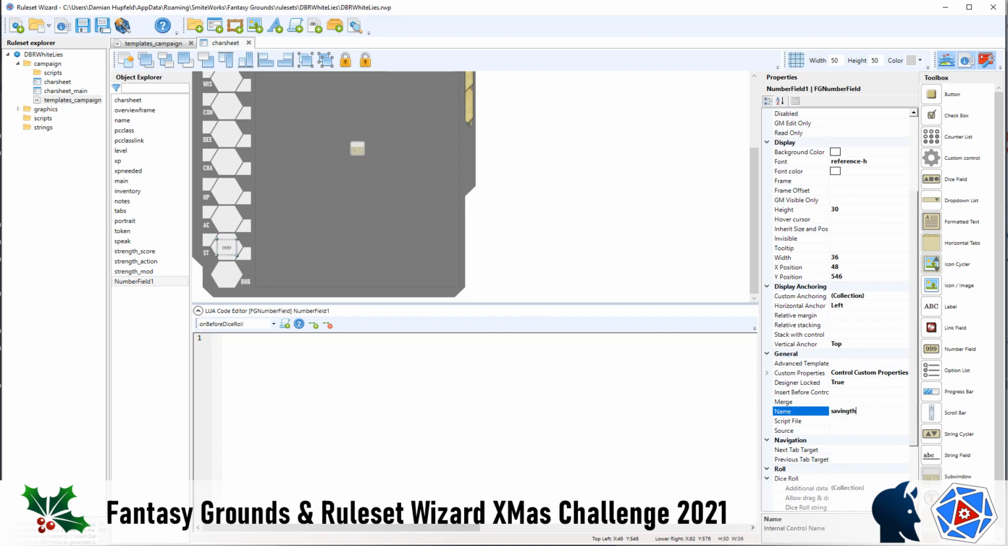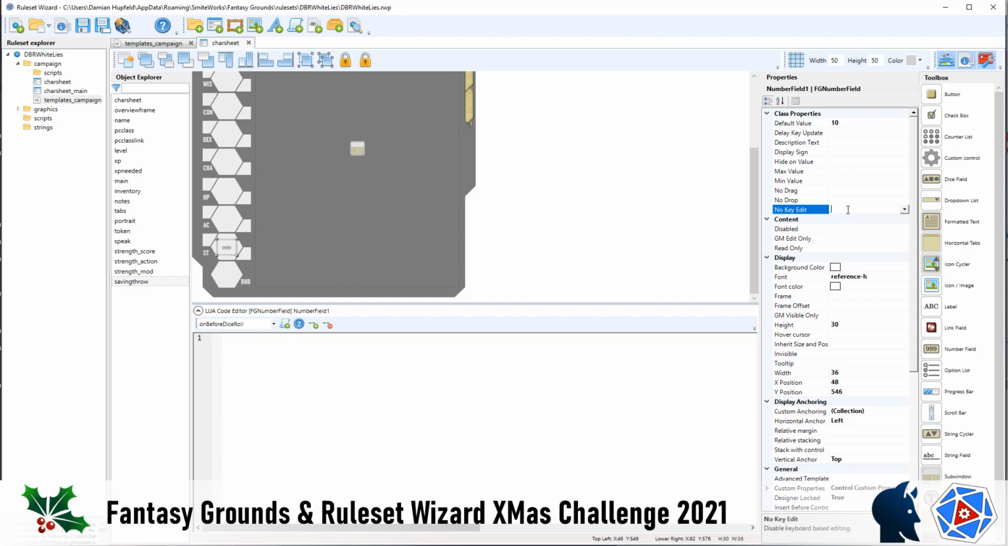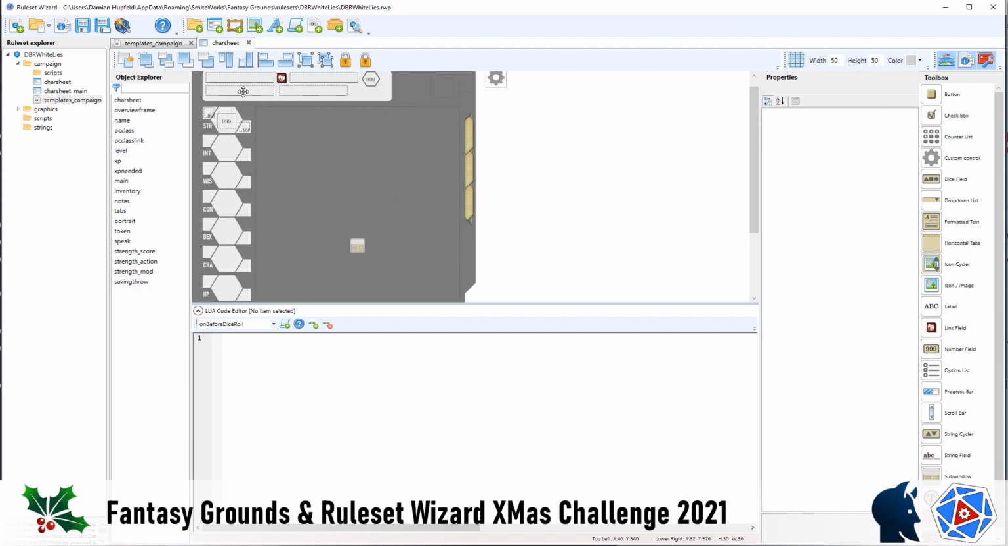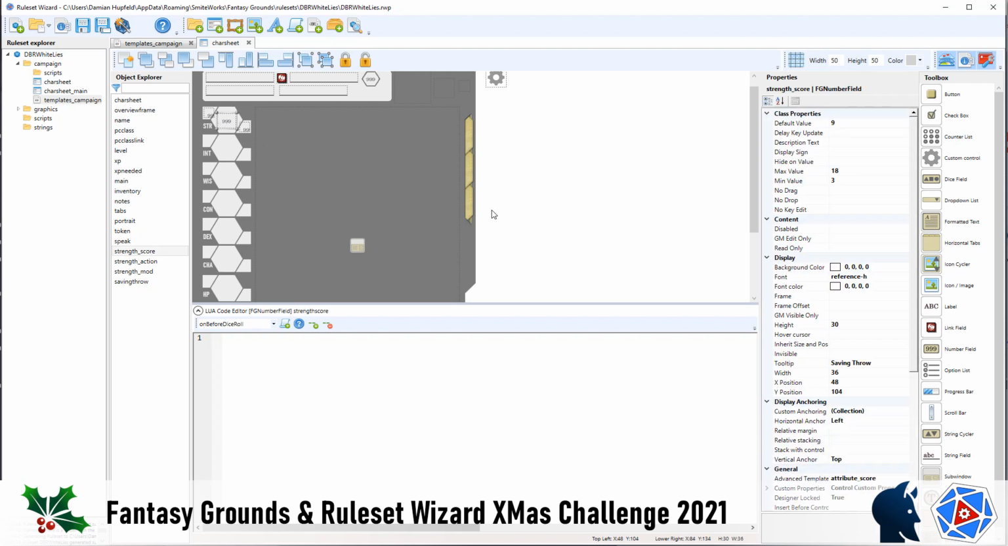We'll just call it saving throw. Okay, it's pretty straightforward. We're going to do no key edit true, so you have to do control scroll for the moment. But as I said, it's probably going to be programmatically set, but we're doing this later on. So what we now need to do is on our string,